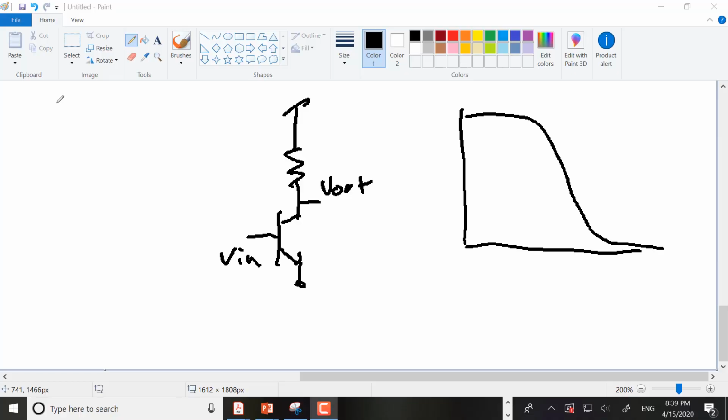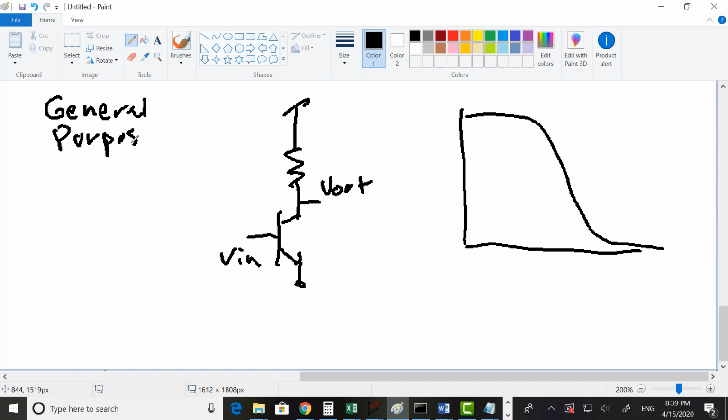So there's a term I used in one of the questions that I got a couple of questions about: general purpose biasing. When you get an off-the-shelf amplifier, they don't know what you're going to use it for. So a good way to design an amplifier, if you don't know who's going to be using it,